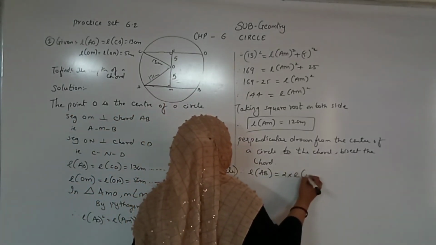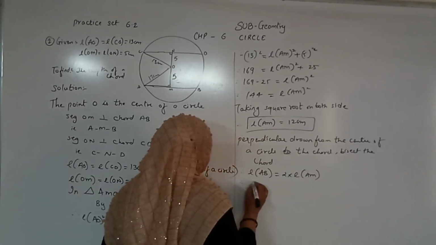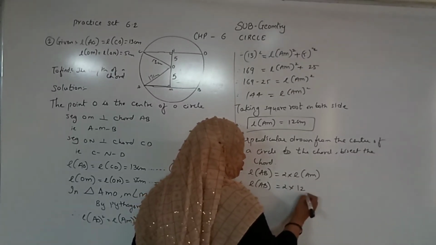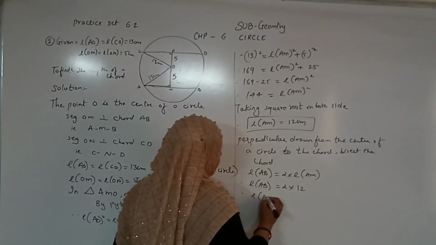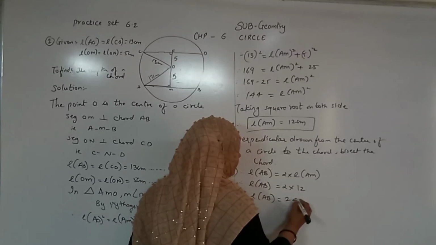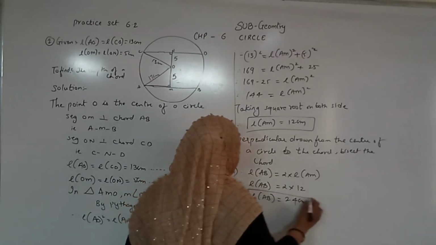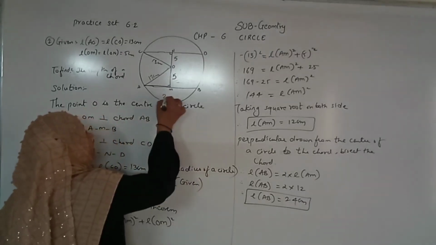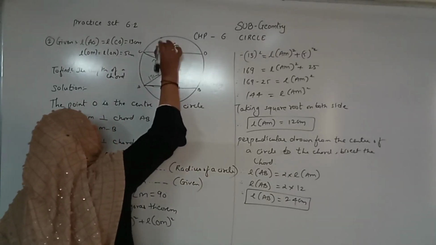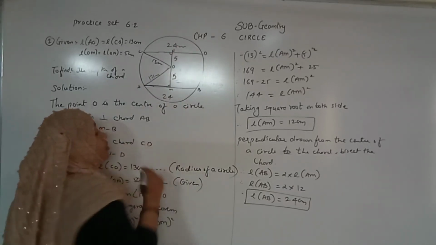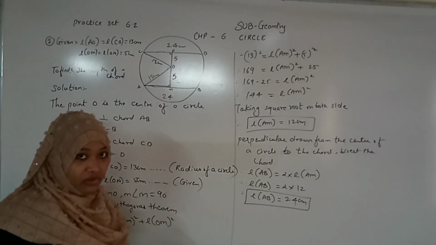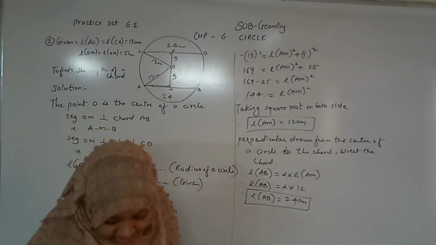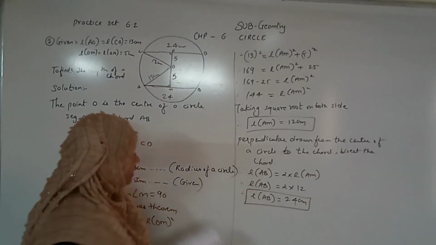So therefore student, now I will write length of AB is 2 times length of AM. So length AB equals 2 into AM, we got 12. So therefore length of AB is 2 times 12, 24 centimeter. You can highlight with the sketch pencil. Now I got AB as 24, so CD will also be 24 centimeter. Why is that so? Because two congruent chords are equidistant from the center of a circle. So you should write the theorem also.